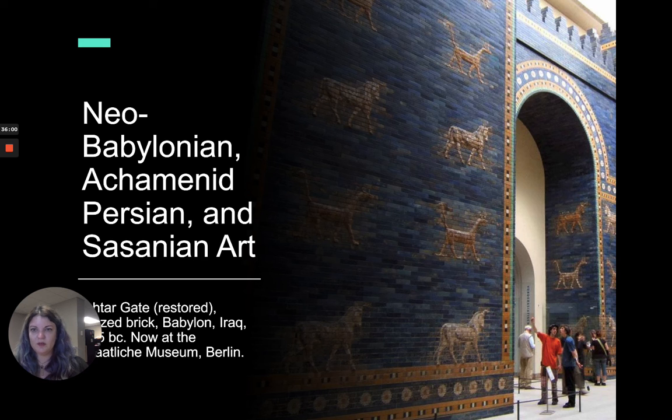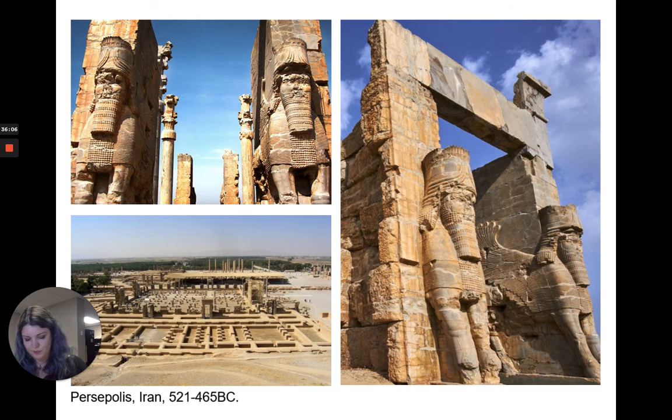Okay, so if you want to see this restored construction of this, you have to go to Berlin. It's no longer in the Middle Eastern region. Okay, a little more context here. So we have Cyrus of Persia, who captures Babylon in the 6th century, and he develops this grand palace structure, which is the most important source of knowledge about Persian art and architecture, and